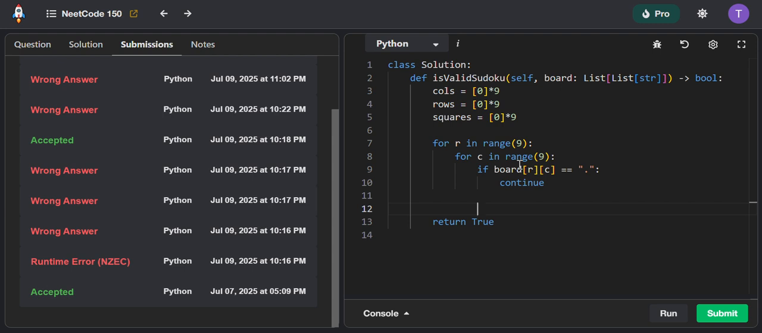So we're still going to loop through every row, and for every row we're going to loop through every column, and we're going to check if the board at this particular row and at this particular column is a dot. If it is, we're going to just continue. But what we're going to want to do is take that value and convert it to a bit within 1 and 8. So since our values are ranging from 1 to 9,